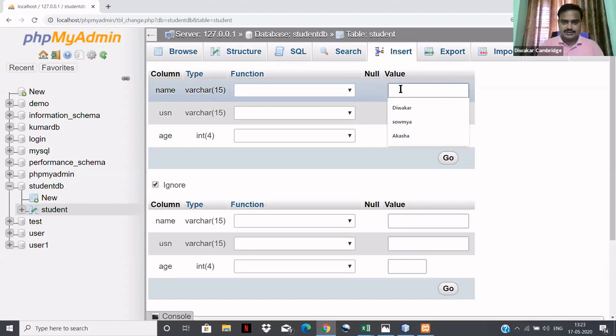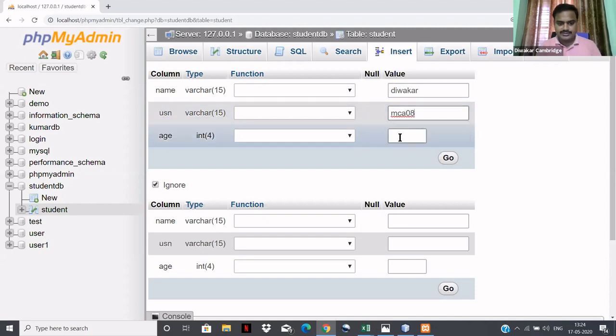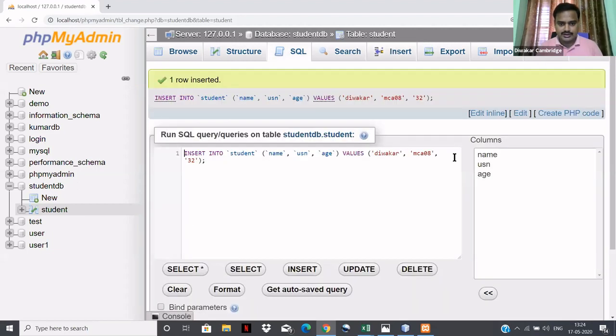For name, you insert, suppose, Divakar. USN: MCA 08. Age: 32. Then click Go. Then if you want to insert one more data, you can insert.